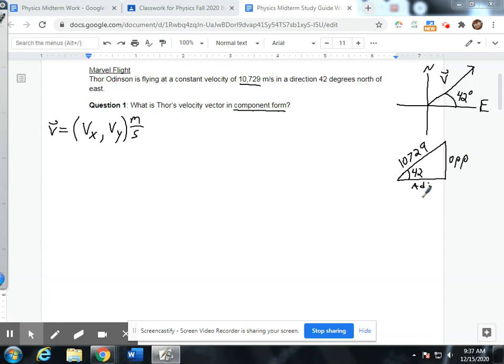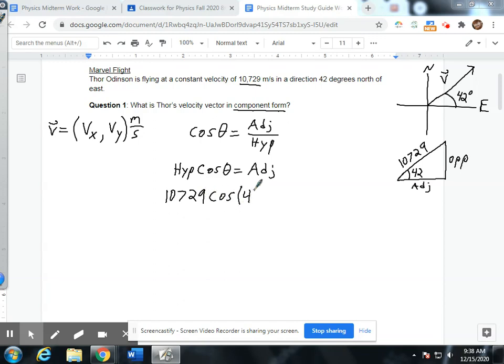To find our adjacent side, we'll use cosine. Cosine theta is adjacent over hypotenuse. To get adjacent by itself, we'll just multiply our hypotenuse up on the left side. Hypotenuse times cosine of theta is equal to adjacent. Now I can plug some numbers in. 10,729 times cosine of 42 is equal to, and at this point, you'd plug that into your calculator, because I certainly can't do this